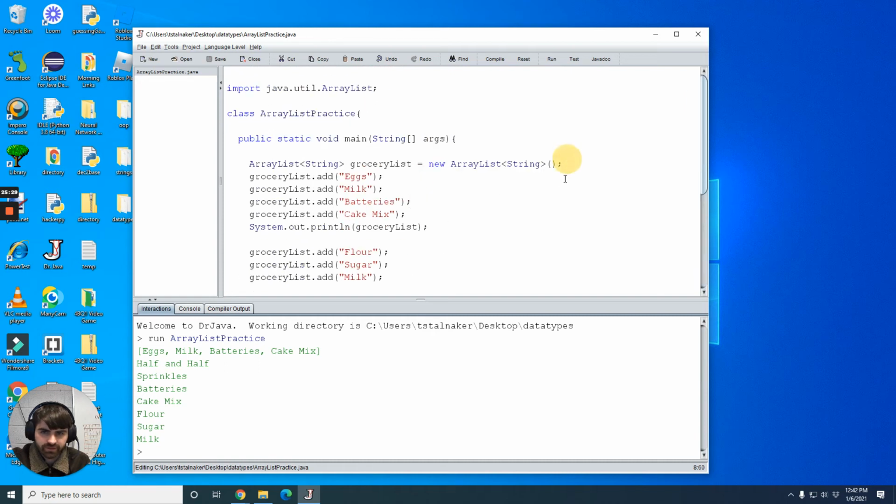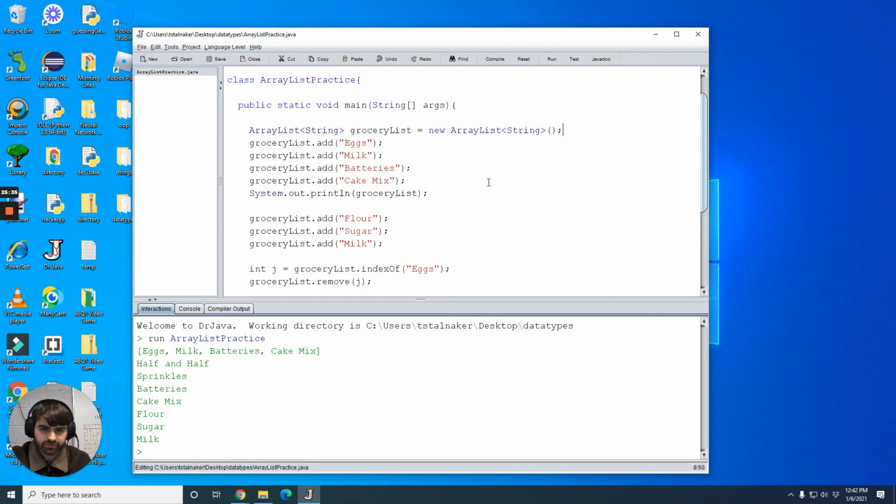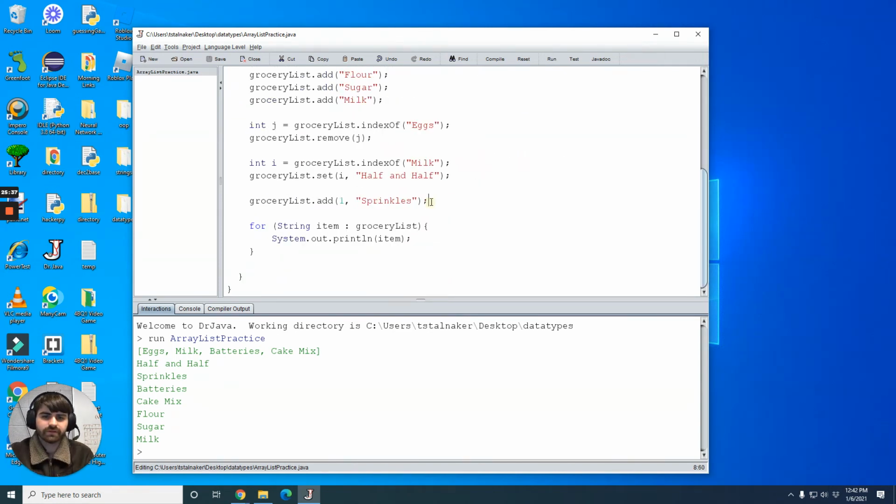And another thing, let's say you wanted to print how many items are in there. So this is actually another pro to using the array list. If you were using an array and you printed out the length, that would tell you how big the entire box was, not how many items were actually in there, because it doesn't know that null doesn't count as an item. But with the array list, what you can do is